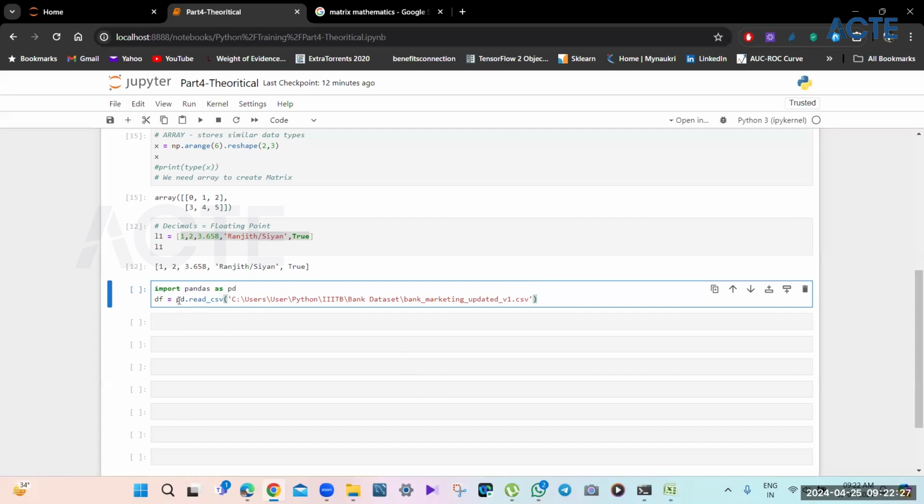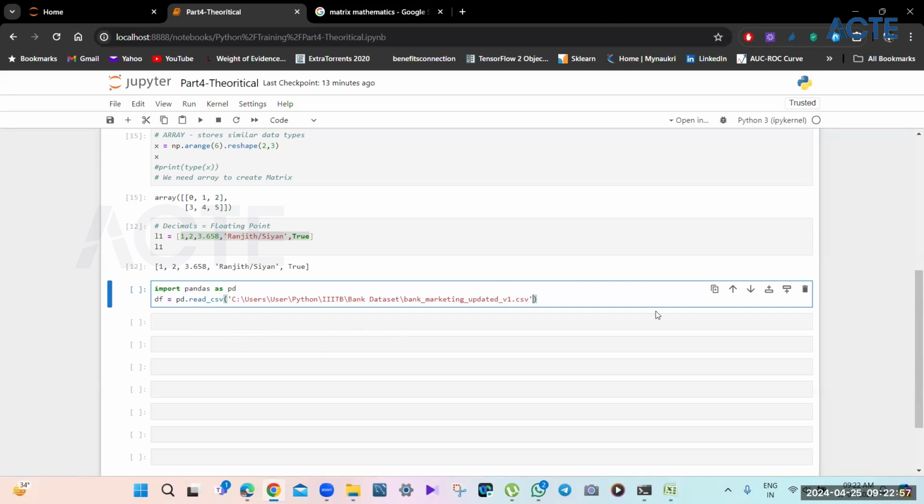So this is simple. pd.read_csv will read any file from the user, and then we have to store it somewhere. So this will be stored as a data frame, df. Right? Now, once it is stored as a data frame, then we can use it later.